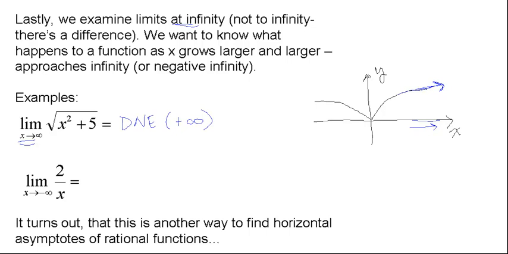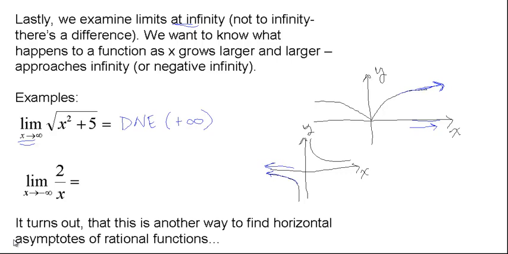Okay. Next one here is the limit as x goes to negative infinity of 2 over x. And again, I'm going to draw a graph to help us get a visual of what this looks like. So 2 over x has 2 parts to it. It looks like so. Okay. So the limit as x goes to negative infinity, so that means in this direction. What happens to our function values? Okay. Notice they're getting smaller and smaller. They're getting closer and closer to the x-axis.